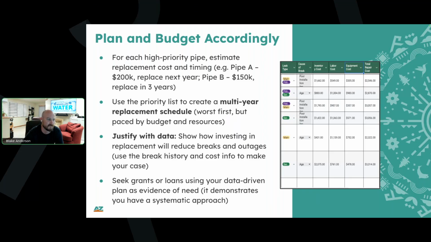And I'm kind of continually beating the drum that going after grants or forgivable principal loans is great when you can get it, but that shouldn't be your business model. You really need to build in the cost of replacement and set those metrics of, hey, we want to replace all of our infrastructure every 50 years or 60 years. Figure out what that costs today and start building that into your budget.